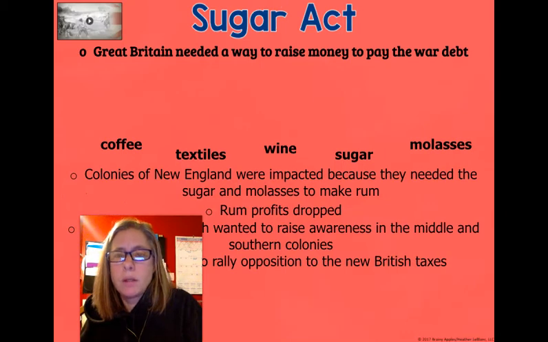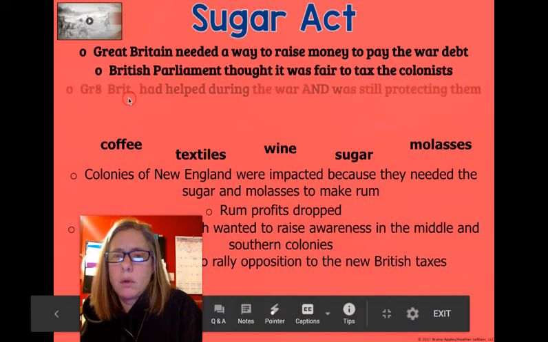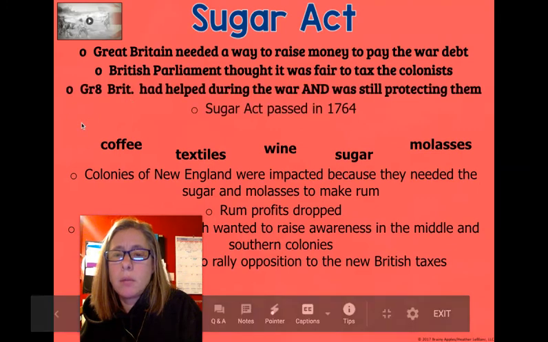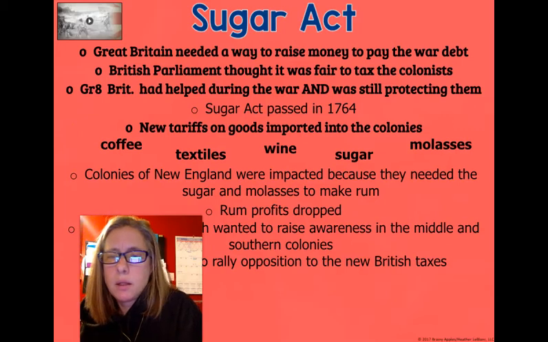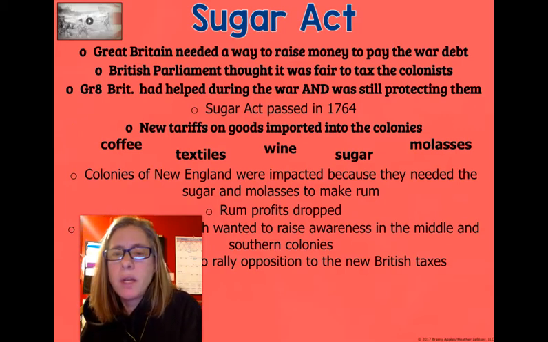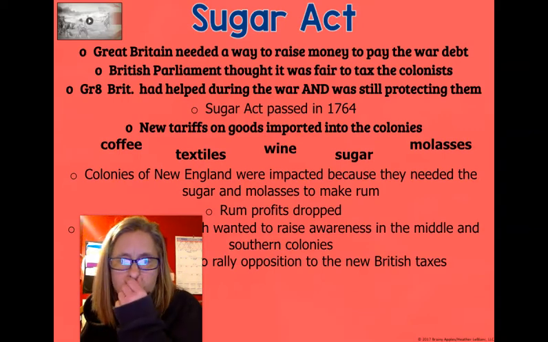All right, Sugar Act. I would write down some examples of what was taxed. All right, and they're listed there. I would pause the video, and this is just another attempt for Great Britain to make money by taxing the colonists and help